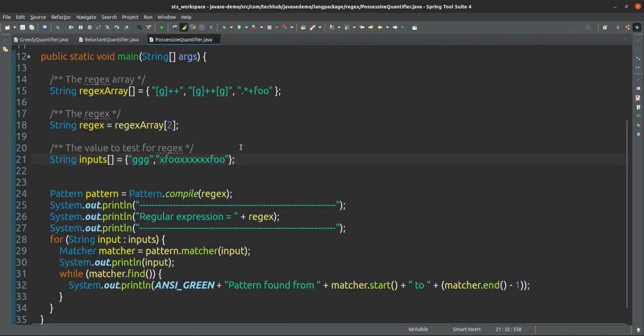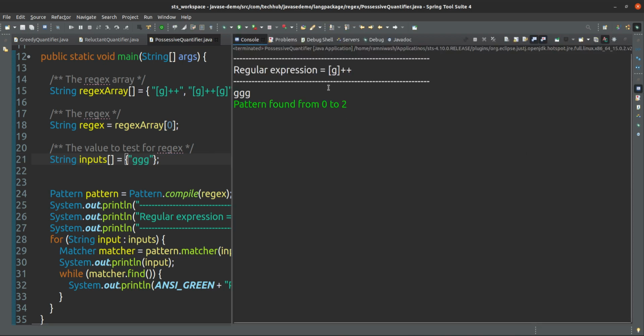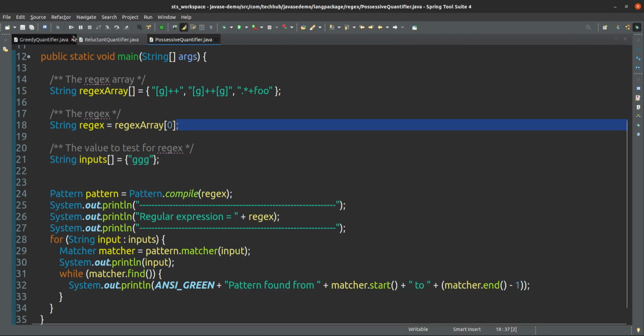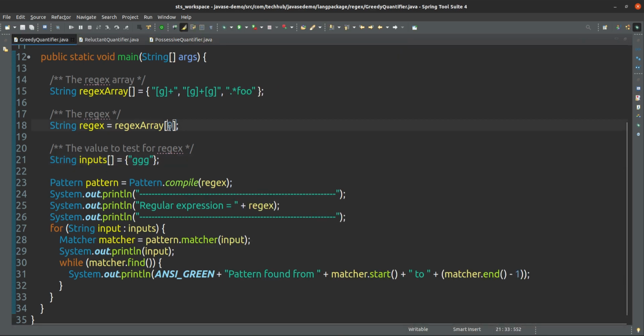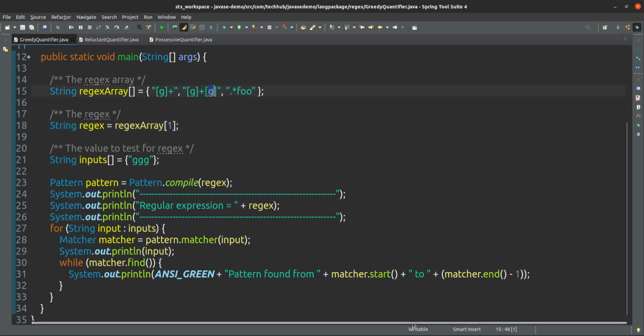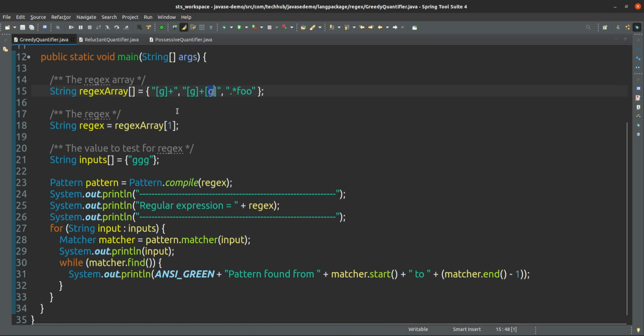And in the possessive quantifier, if you see, then you see what will happen. Currently it will be the same only, because that exact pattern is matching. But what if in the greedy quantifier I use this first regular expression, at least one time, and after that one g should come, meaning at least 2 times or 3 times, that is up to your choice.